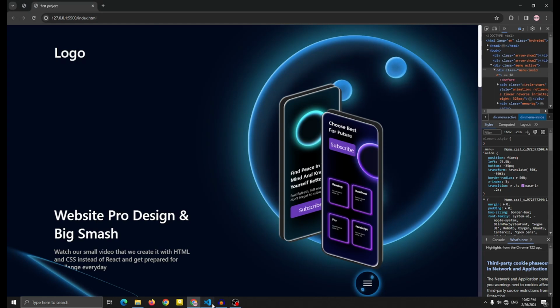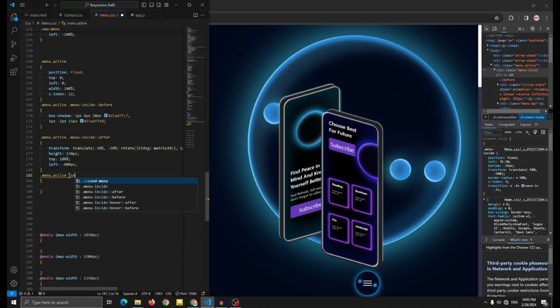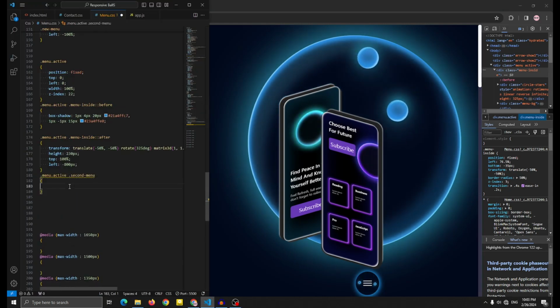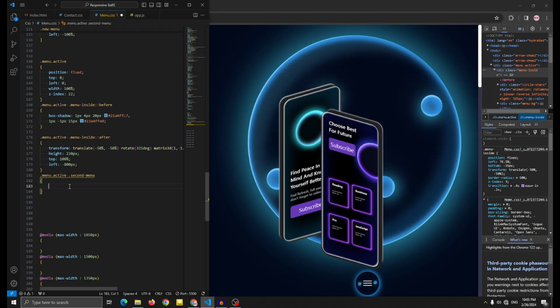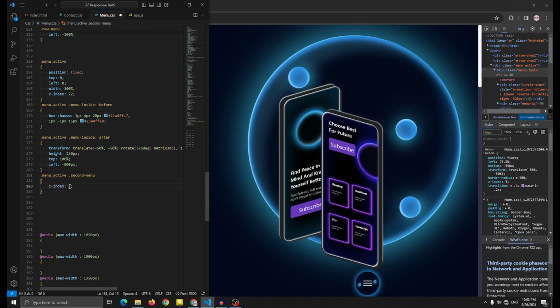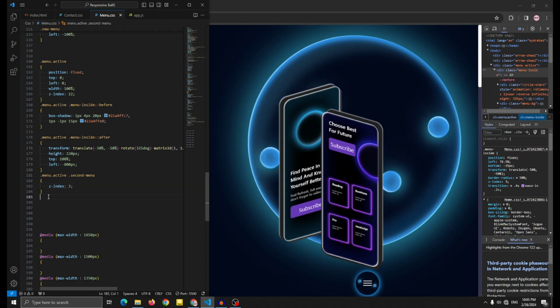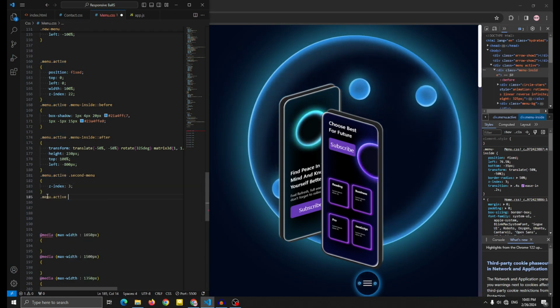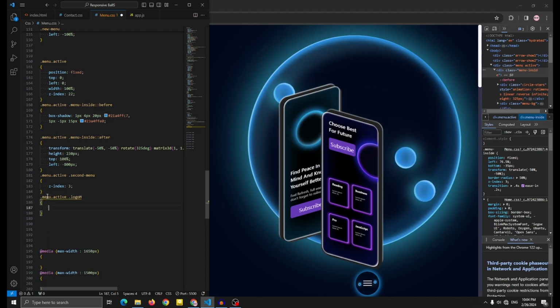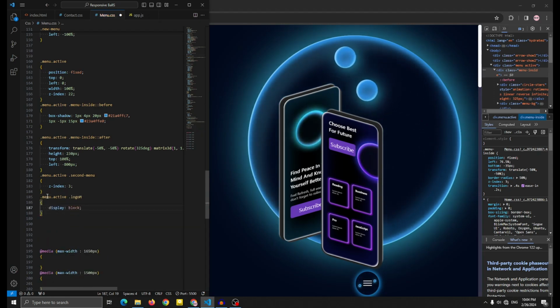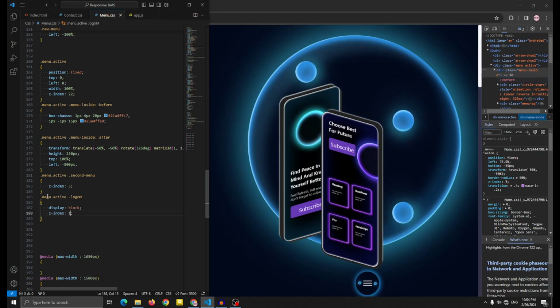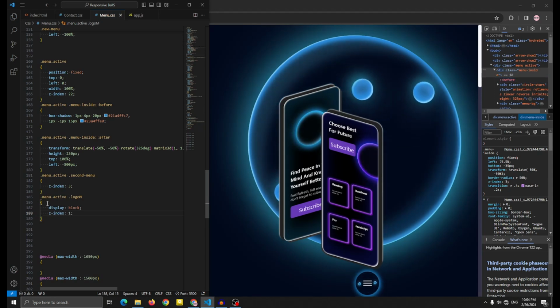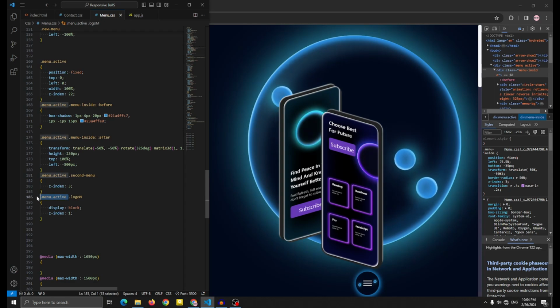Okay, here we go. We just created, let me just add a second menu that we just added. Just add the index 3, that is enough for this. Okay, let me add the menu active, the logo, menu active, the logo in, just to add the display block and the index 1. Okay, now for the menu active, a new menu, menu active, new menu,